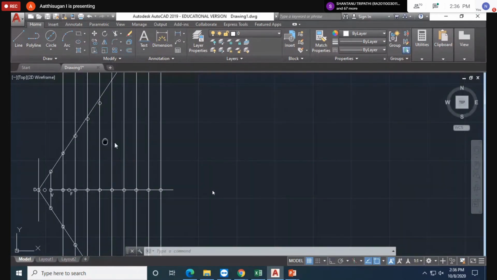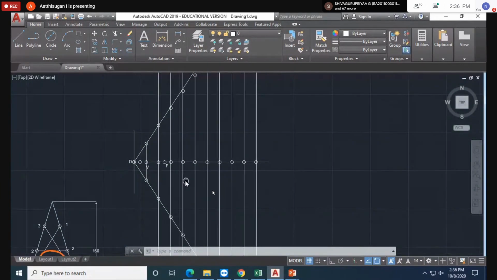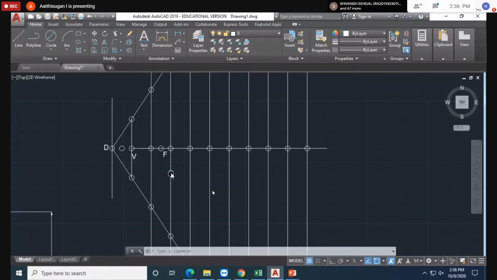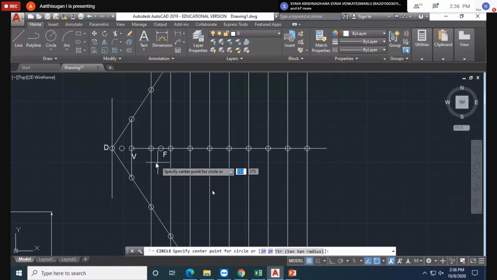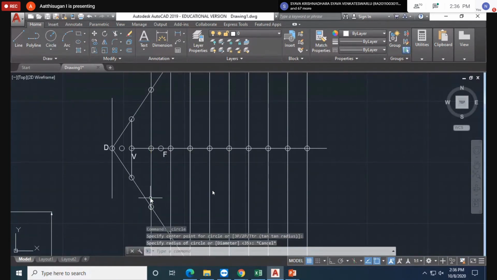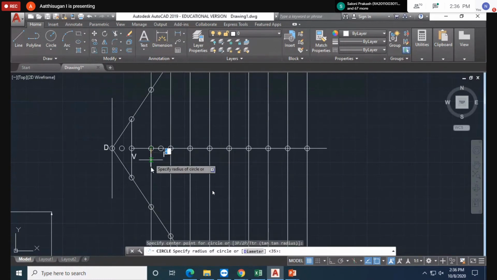Now I'm going to draw the bottom. So another method, for you which one is easy, you can do it. Another method, same. Leave the first point. So this one you have to draw the circle. First point and the second. Center and radius: center point, and the radius is this one. Correct? This point.